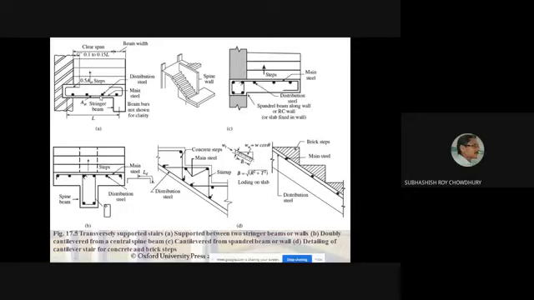Neither of these two will be the distribution steel. Anyway, in this case, if the stair slab is spanning longitudinally, you will see the steel provided in this direction. Not this figure; here it is transversely supported. This reinforcement will be the main reinforcement, but these dots indicate the transverse reinforcement. But in case of a transversely spanned stair, the main steel is this dot. That means it is perpendicular to the direction of the movement. The direction of the movement is this one, and these steels are perpendicular to that. So this is the main steel in this case.